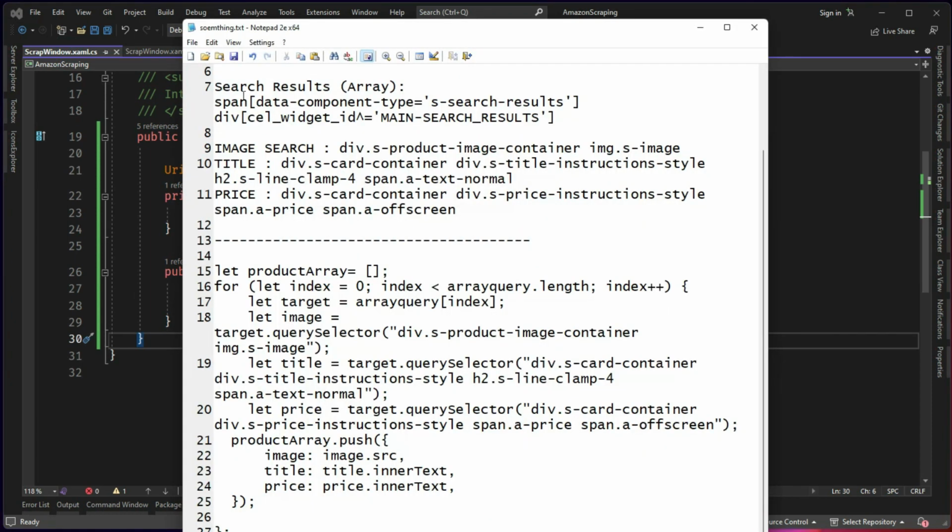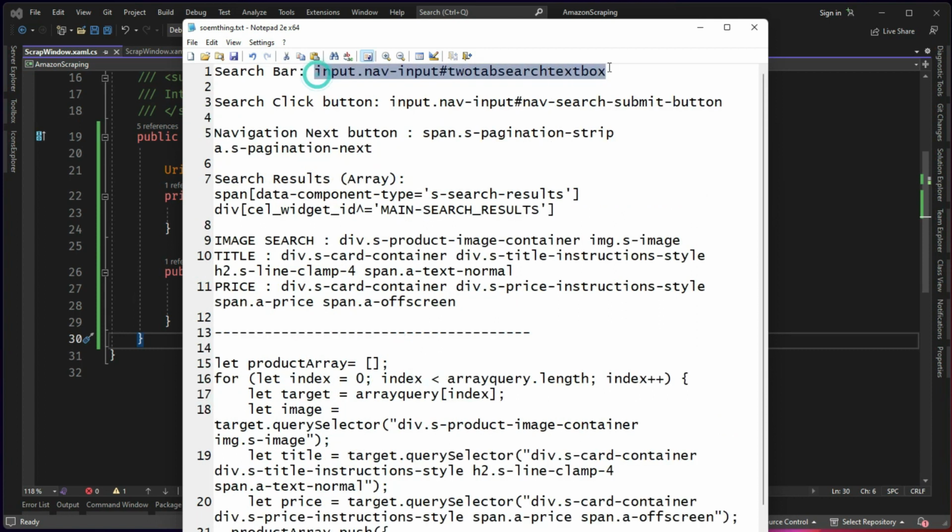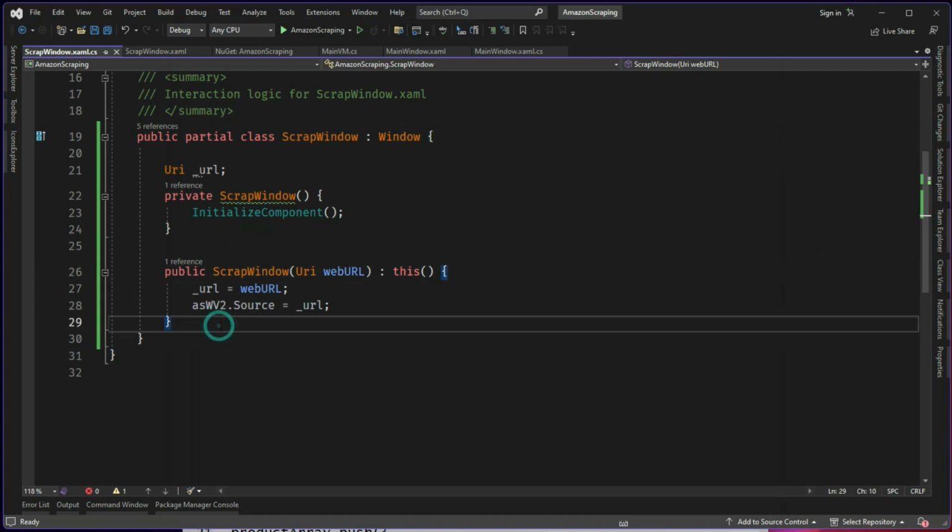The first method is search results method. So we will search bar method. We need to get this component, and then in the component we need to add a keyword and then press the search button. So we will create a small method called